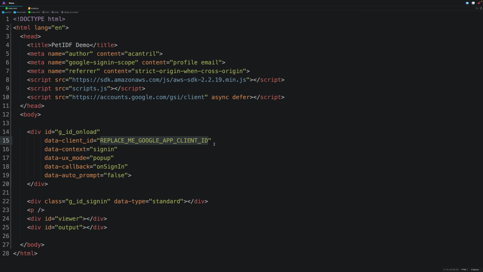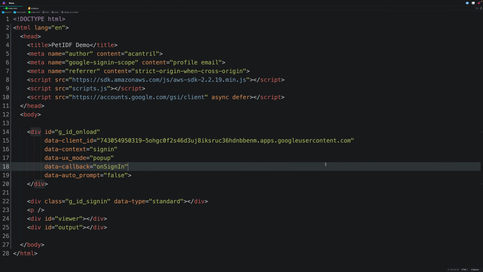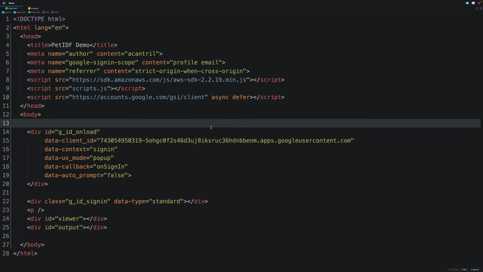We need to specify the Google Sign-In Client ID. So this is this long string, and you should have noted down your Google Client ID when you created the credentials in the second stage of this demo series. So go ahead and copy down your Google Client ID and replace this placeholder. So in my case, this is how mine looks, and yours should look similar, just with a unique part at the start of this client ID. So once you've updated that, go ahead and save this file, and this just means that the HTML contains the data that can be used to communicate with the Google Identity Provider.